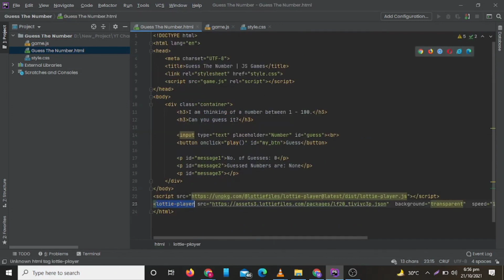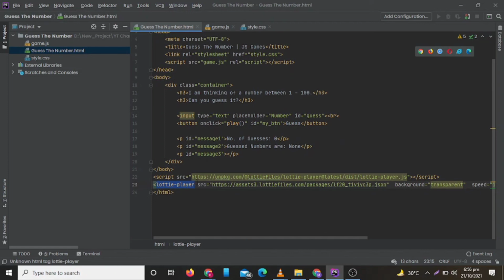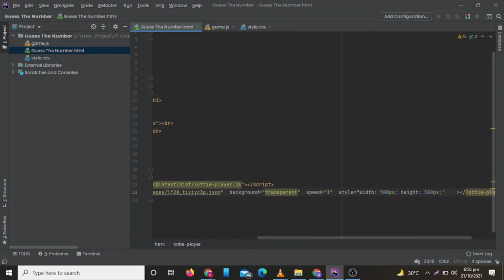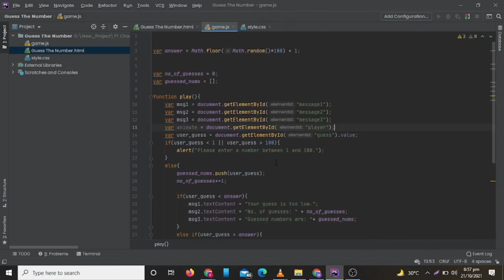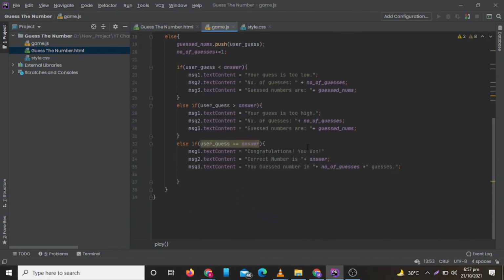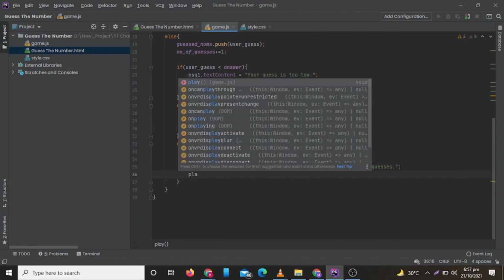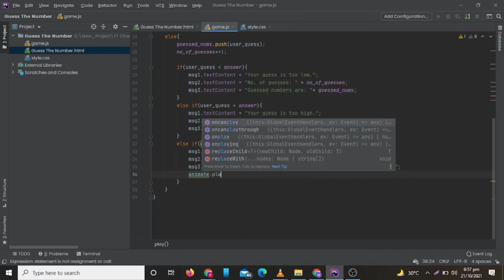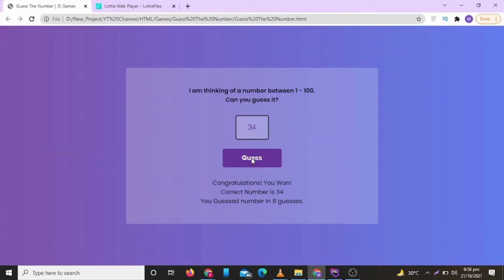Now let's add the player ID to our player. Now all we need to do is to write animate.play and it will play when the game is complete. Now let's play the game and check if it works or not.